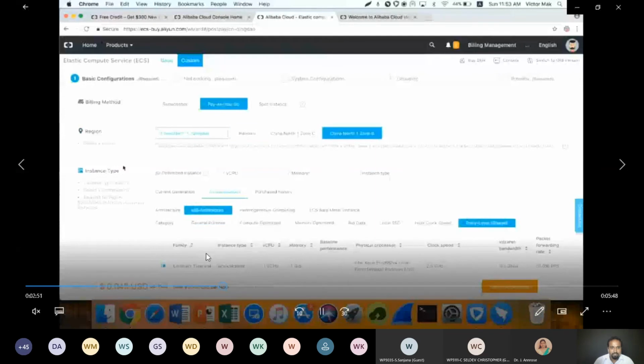So now you have to choose the configuration for your instance or for your virtual machine.